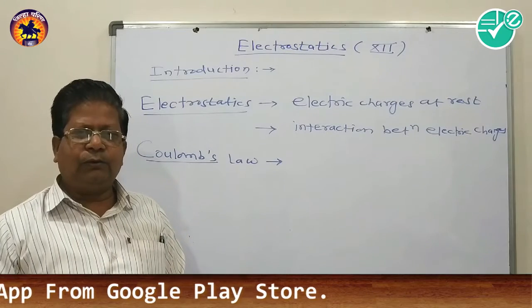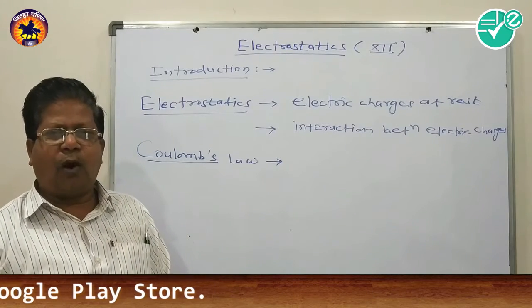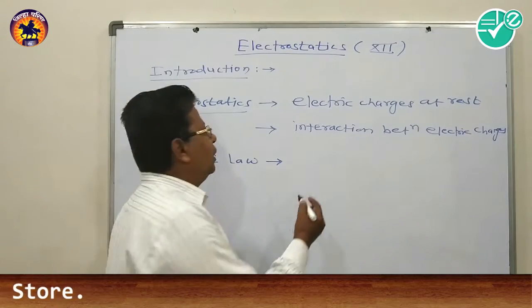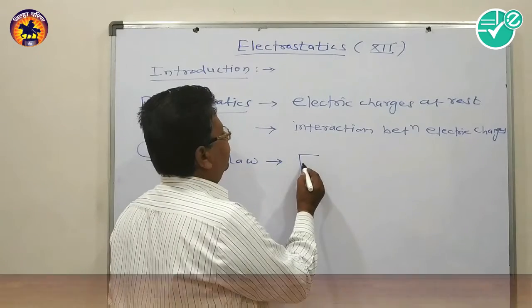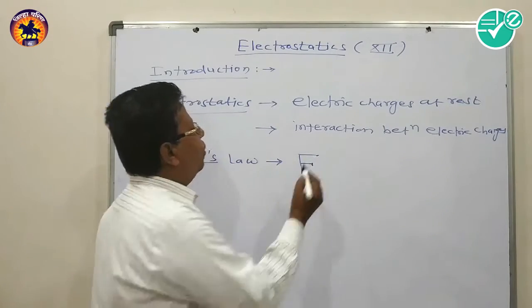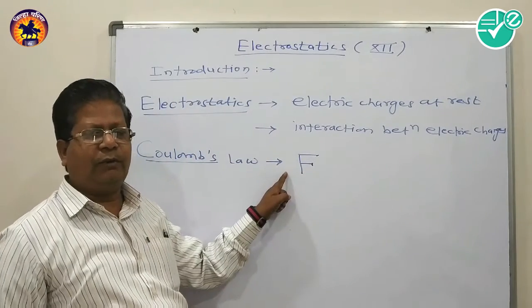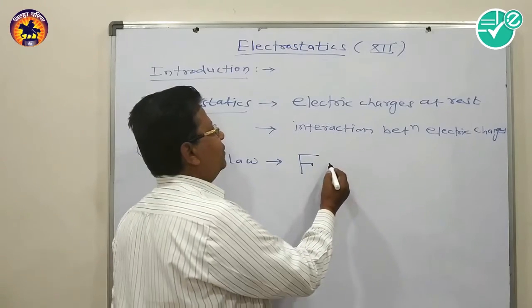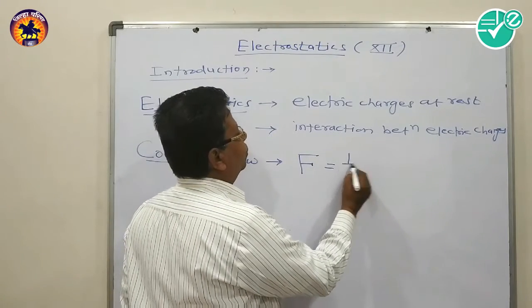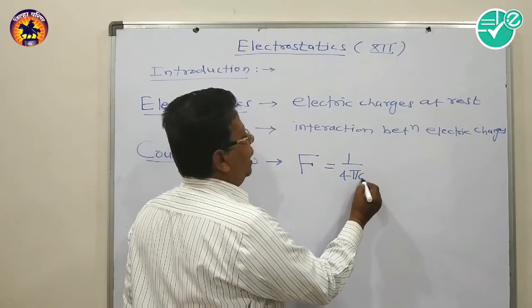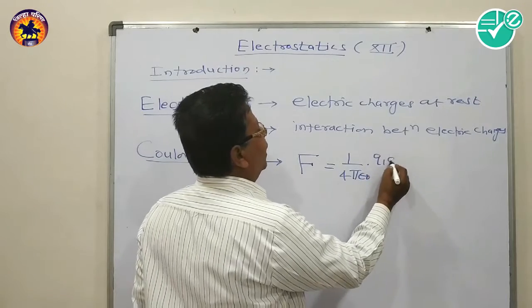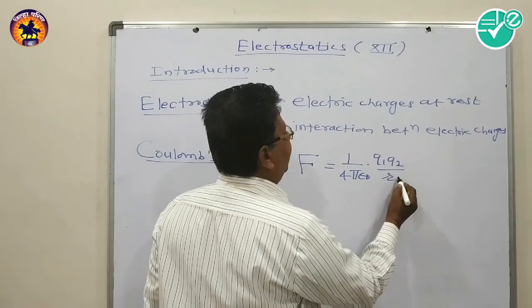The mathematical form is: the magnitude of force is equal to 1 upon 4 pi epsilon 0, Q1 into Q2 divided by r square,